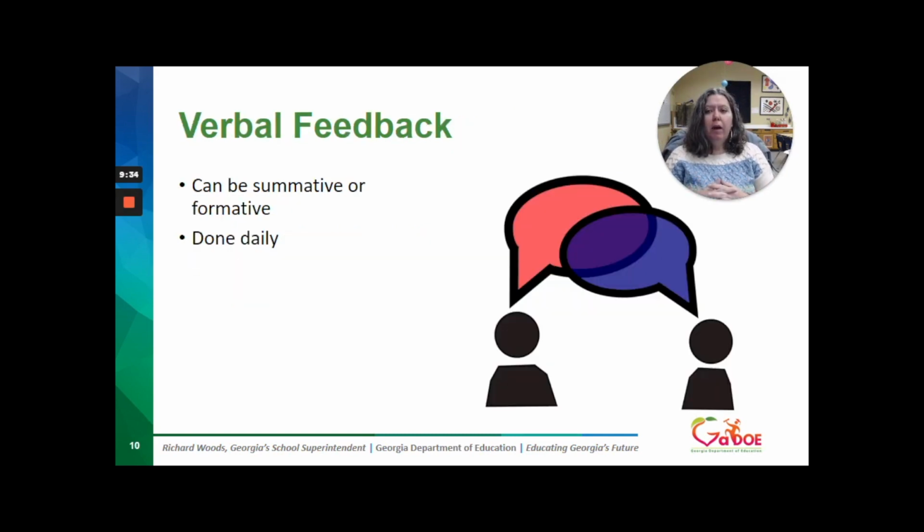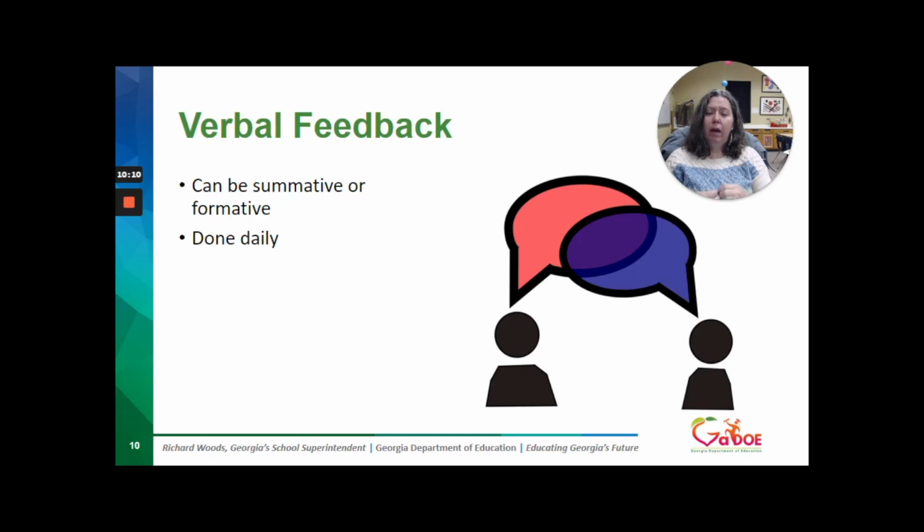And then we talk about assessment. It can be summative or it can be formative, but I try to do it daily, and you probably do this already. Just going around the room saying, hey, make sure you color this in a little more solid. Make sure you're using your ruler. Let me show you again how to do this. Make sure that you're getting on task. I like the way you drew the bricks on that building, whatever it is that you're working on. You do this on a regular basis. And that's really another way of giving them